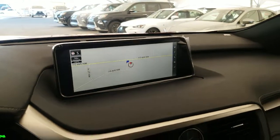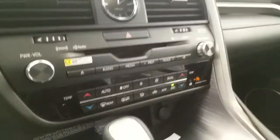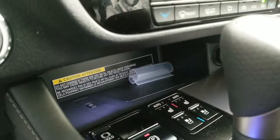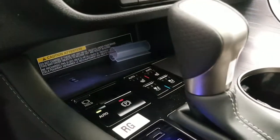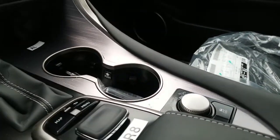a 12.3-inch multimedia display with navigation and the integrated backup camera, a 15-speaker Mark Levinson premium surround sound audio system, a QI-compatible wireless smartphone charging, heated and ventilated front seats, drive mode select with the Sport Plus, which includes the adaptive variable suspension, center locking differential, panoramic sunroof,